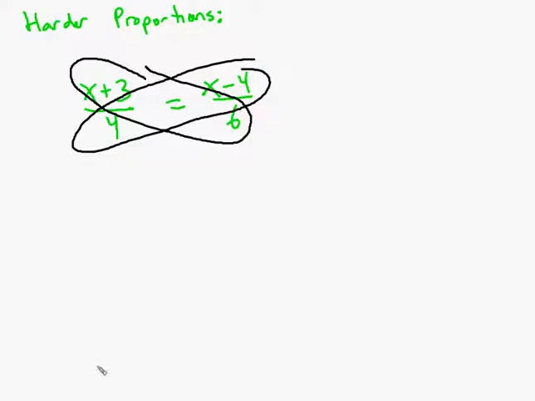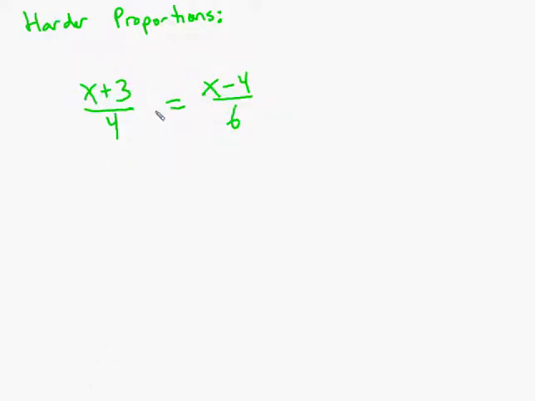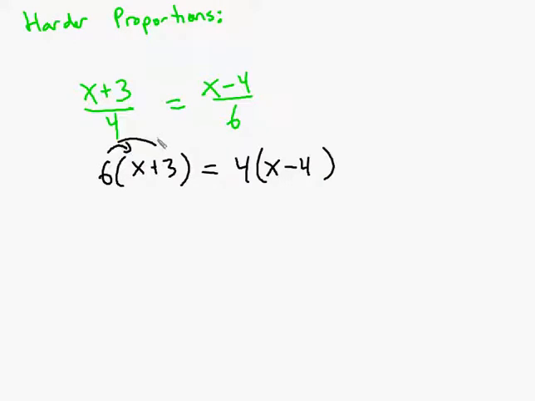So I cross multiply and I'll get 6 times (x plus 3) equals 4 times (x minus 4). So what do I need to make sure I do? I need to distribute into that. So what do I get? 6x plus 18 equals 4x